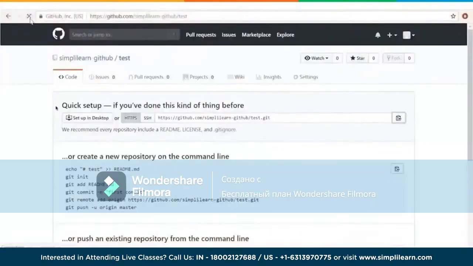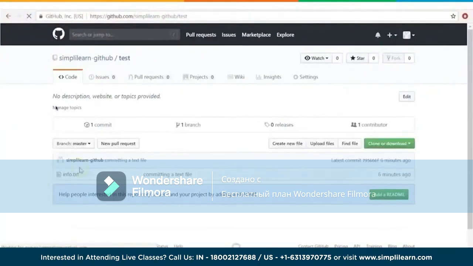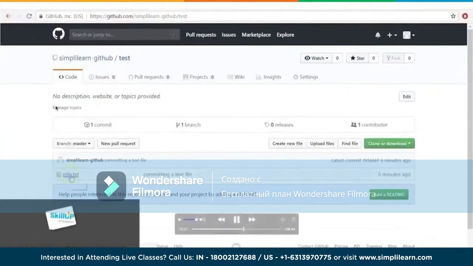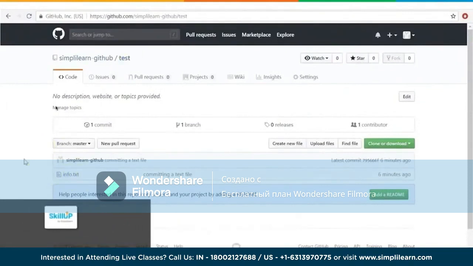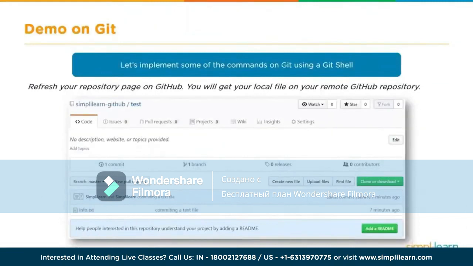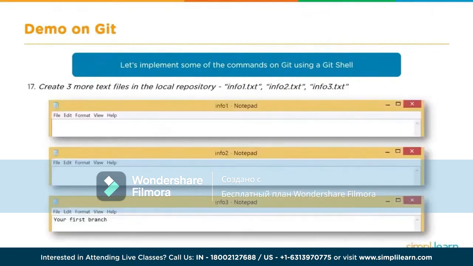So let's go have a look at that. We're going to refresh the GitHub page, and there we are. info.txt has been uploaded, and we're ready to go. That's great. That's what you should be seeing. So refreshing your web page on the remote GitHub folder, and it could be any Git service, but I happen to be using GitHub because it's free to use. You'll be able to see that the local file has been uploaded and is now part of the Git repository